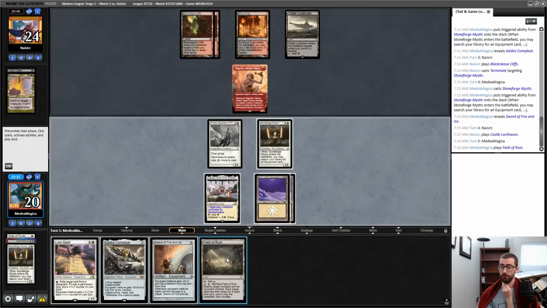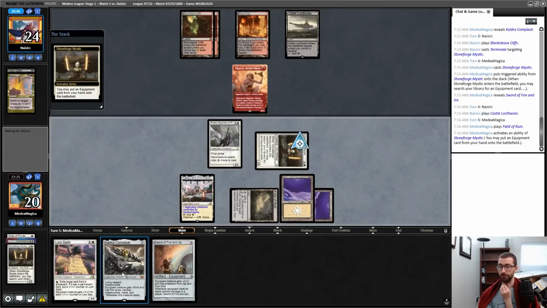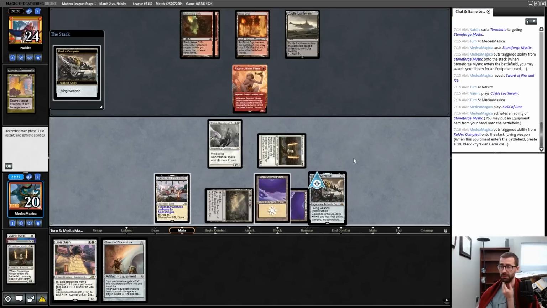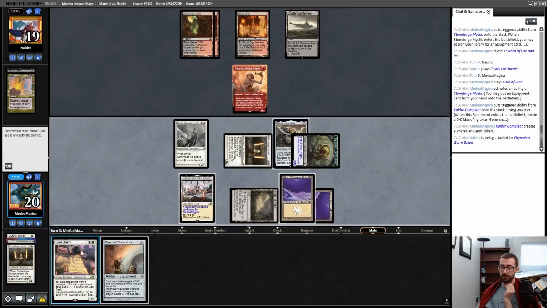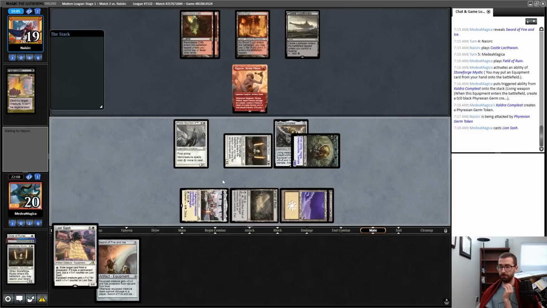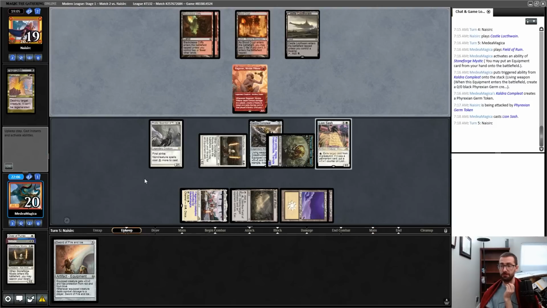Fantastic. So I am just going to go ahead and put in the Caldra and start going to town that way. But I think there's actually arguments for other lines. Alright, take 5. And I'm going to go ahead and play out Lion Sash. This makes me worse against a top-decked Fury in particular, but it makes me...